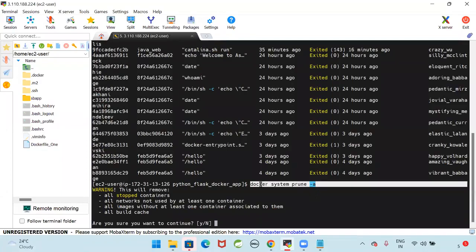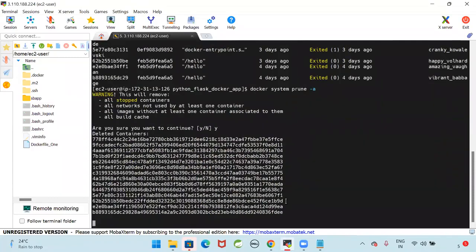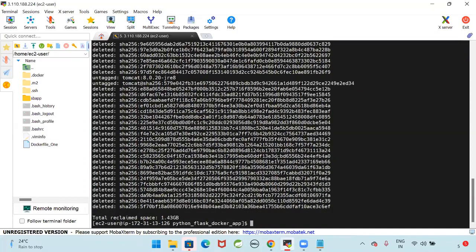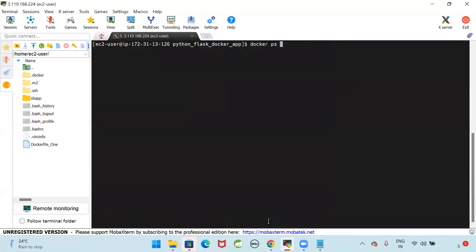Just give docker system prune -a to remove the stopped containers and to remove images which are not associated to any container. Just give yes. Now it has deleted all the containers. See here, when the containers are deleted, it released 1.4 GB of space. So the cache files, everything, it deleted. Now docker ps -a, nothing is available. I have pruned them. Docker system prune -a is used to delete all the unused